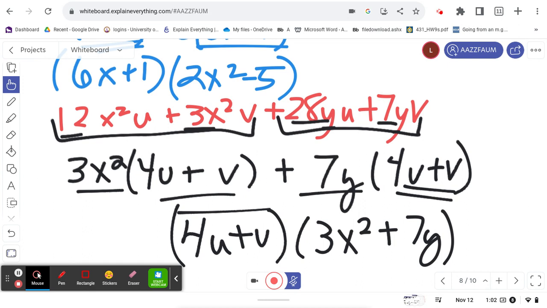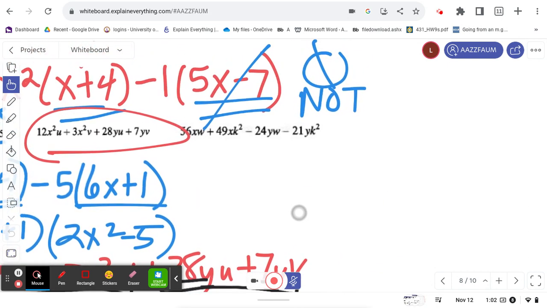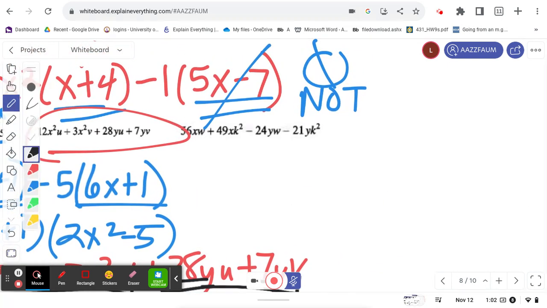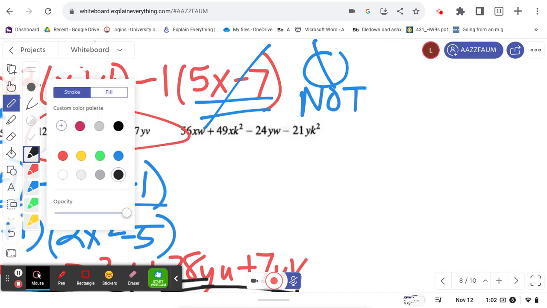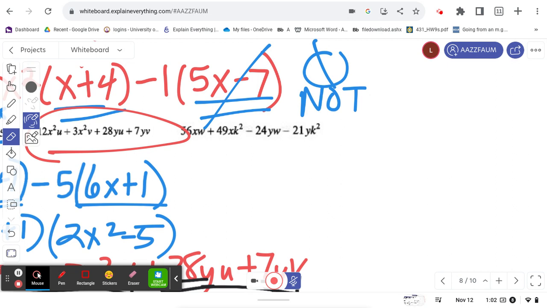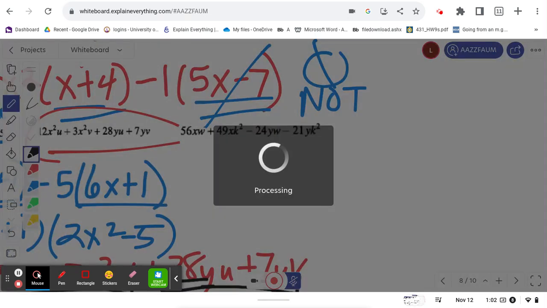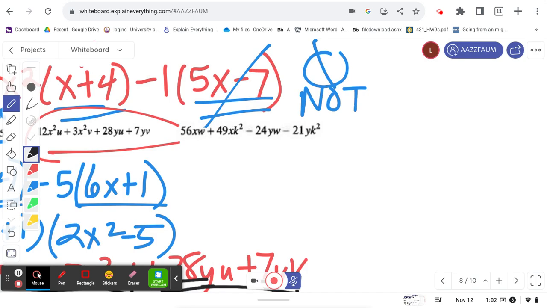And then the last one, and if you noticed here, they do get more difficult as we move through. So at this point, we're going to look at the very last one. What happens is in this first part, I'm going to split that into those two, and I'm going to split there in the back. And what I'm going to do is pull out a 7 in the front, and it looks like they both have an x. And I'm left with